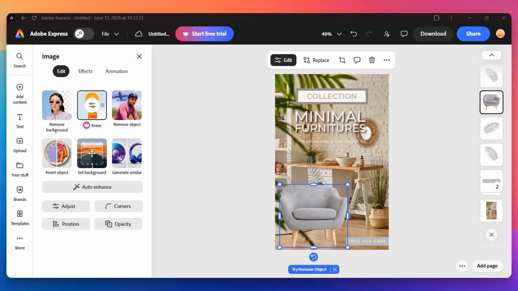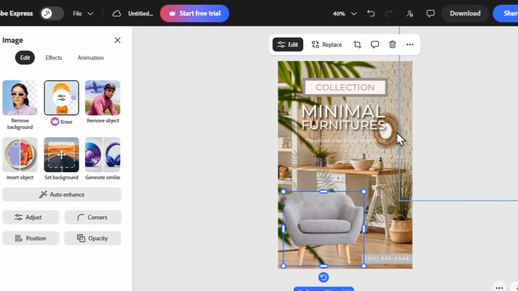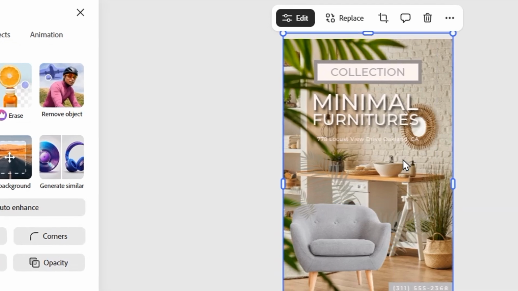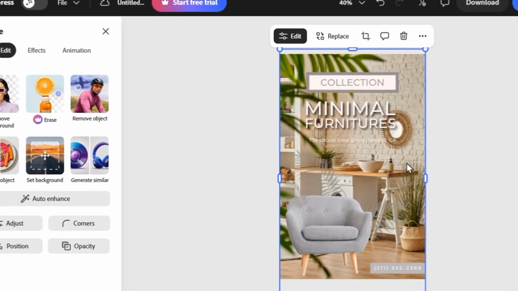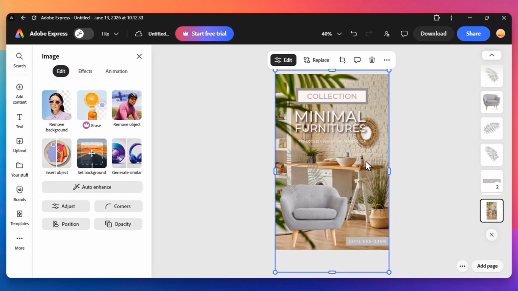In this video, I will show you exactly how to transform your photos using the blur tool in Adobe Express to create beautiful artistic effects, or simply to help your text stand out against a busy background. This process is incredibly straightforward and allows you to control the depth and intensity of your imagery with just a few clicks. First, you need to have your project open and make sure you have the specific photo you want